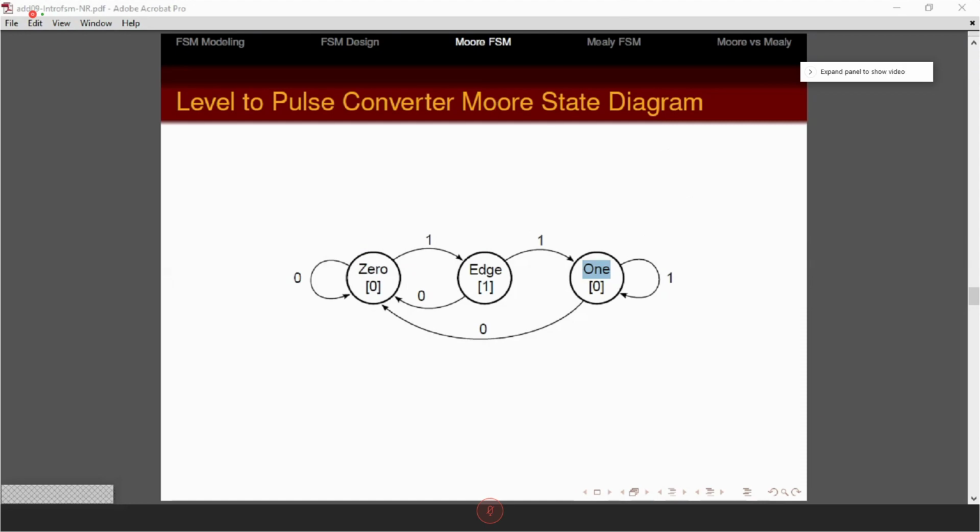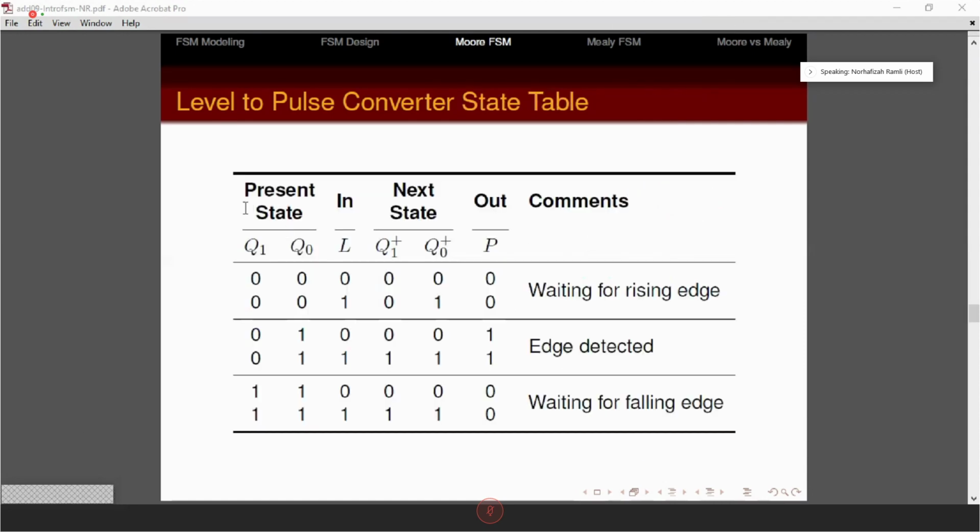Luckily, our coordinator has decided throughout the semester that for our design, we will only use D flip-flop. We will only implement using D flip-flop. And if you remember D flip-flop, your Q plus is equal to D. Therefore, you just need to do present state, input, next state. Like this one. You need present state, input, next state, and indirectly, Q1 plus and Q0 plus are actually representing